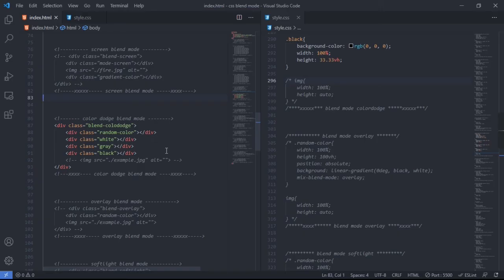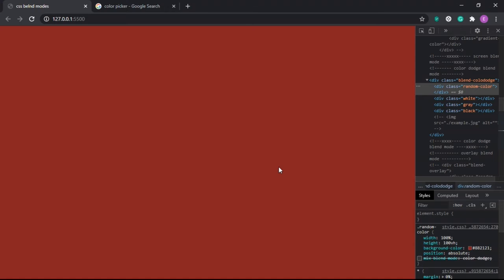And color dodge is our next blend mode, and I don't have to say it anymore that color dodge is the exact opposite of color burn. So here again I have taken the same example, 3 colors, white, gray and black, and on top of these 3 colors I have taken a solid color. This is a kind of dark color, and now if I change this color's blend mode to color dodge,